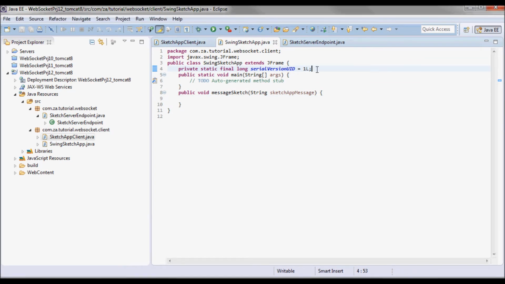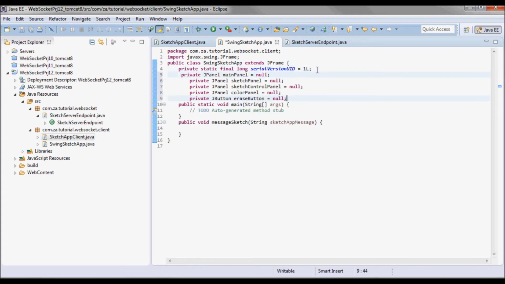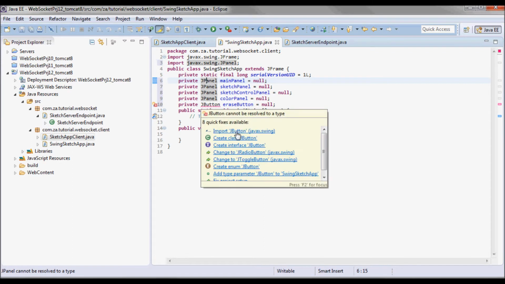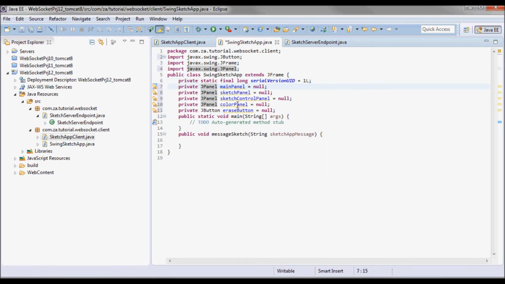Now here I'll define a main panel and a sketch panel and a sketch control panel, and the color panel, and an erase button.